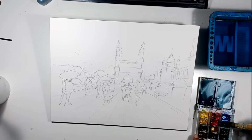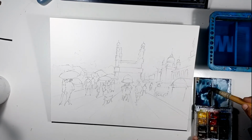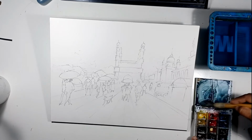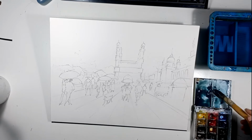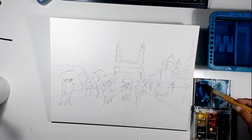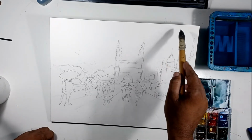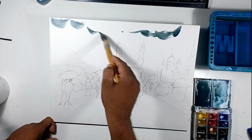So I will end up with a very dark and very grayish kind of color. Let's add a little bit of yellow ochre also, because yellow ochre has some whitish tinge to it, so let's add that. So we will get started with the painting. First let's mix the color, and we will get started by putting in this color,